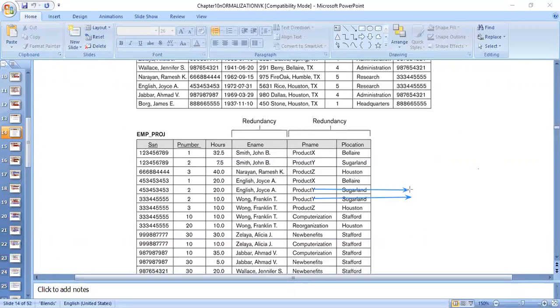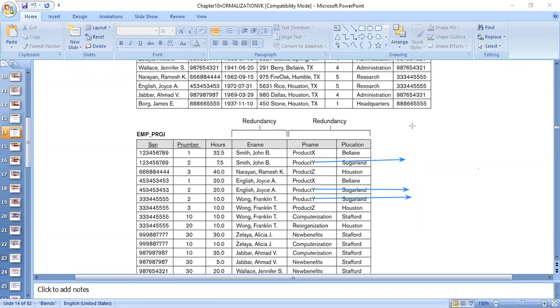I'll have to change at 1, 2, 3, and now this is a sample table. If it would be actual table, there may be hundreds of employees working on project Y, and everywhere I might have given that name. So everywhere I will have to go and make changes. If the change doesn't happen at one place, there will be a problem. So this is called update anomaly, that I will have to make changes to all those places wherever I have used this project name.